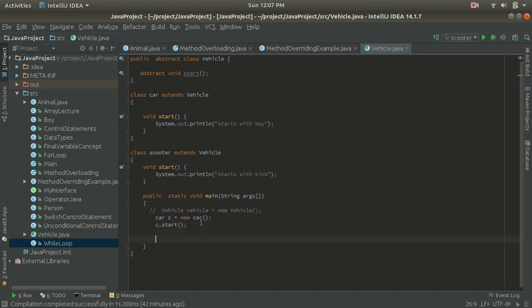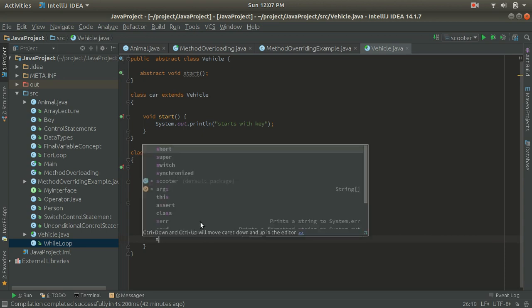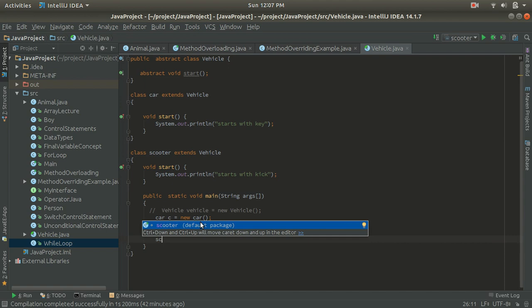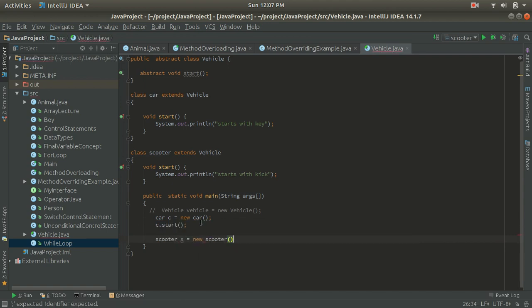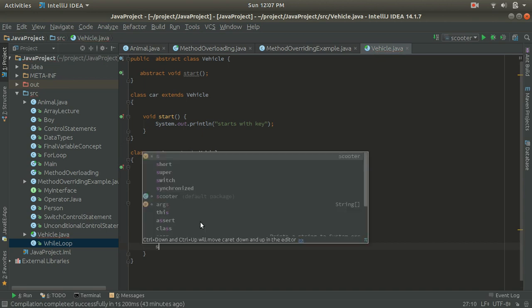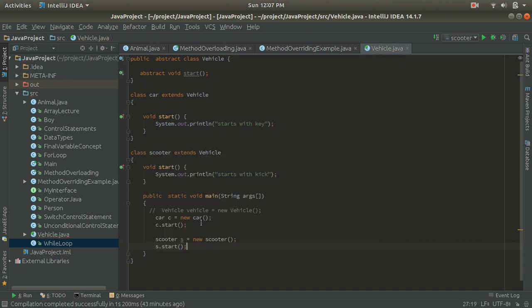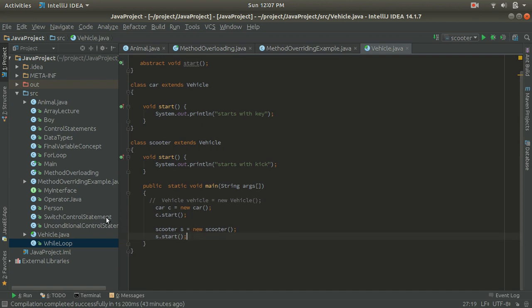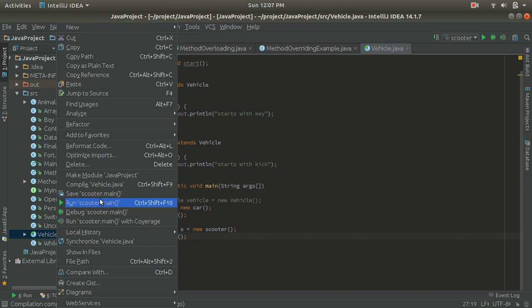After this I am going to create the Scooter class object. With the help of new, I have created the object of the Scooter, and with that object I am calling the start method. Now I can run this program and let's see the output.